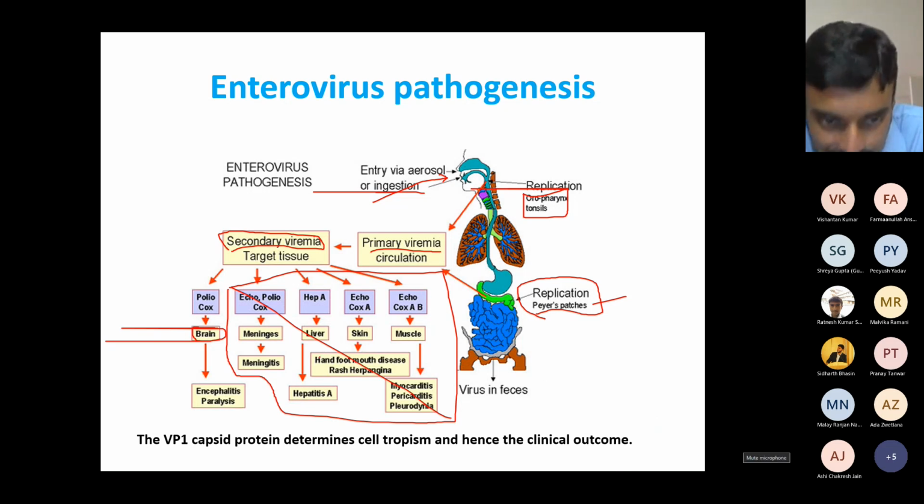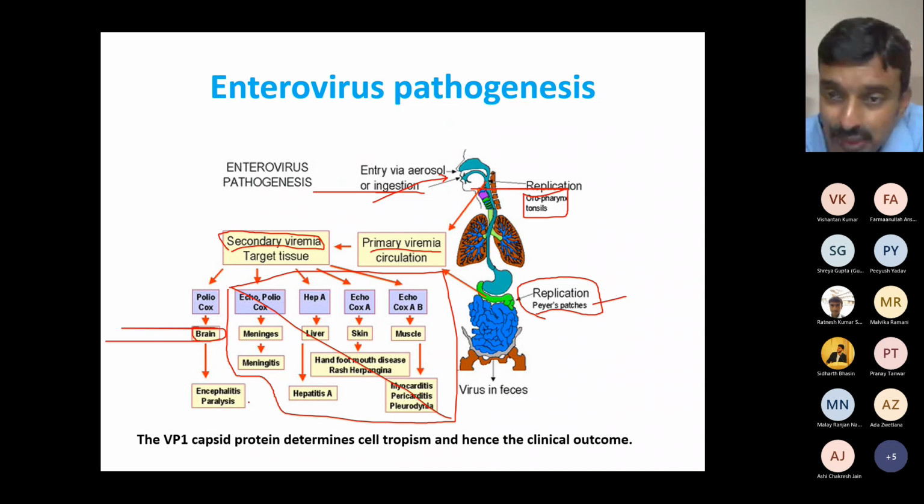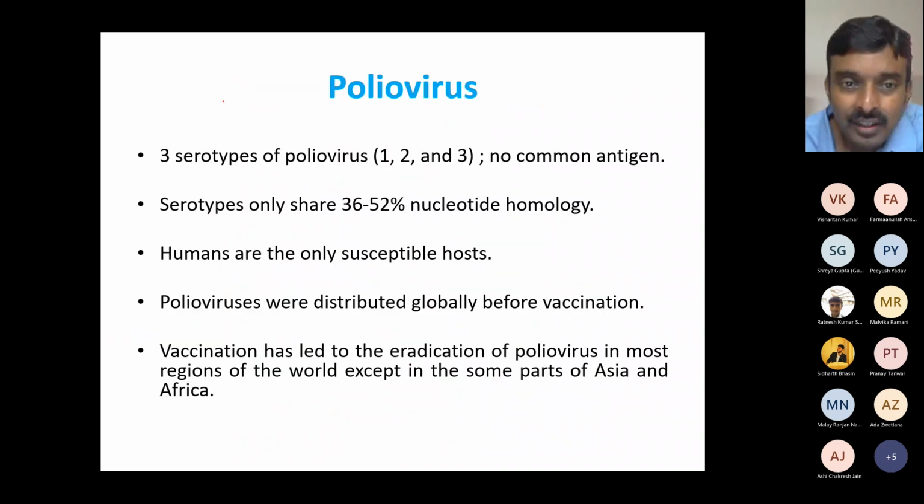Sorry about that. Okay. So then it can go and seed the anterior horn cells of the brain, and then it can cause what polioviruses cause, the serious disease, which is paralysis. We'll talk more about it. Now,